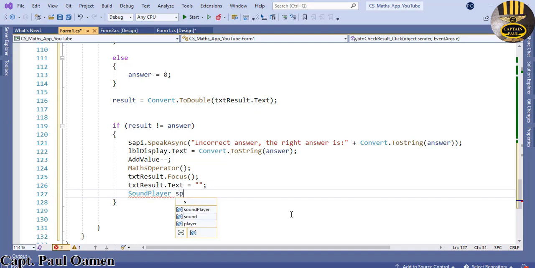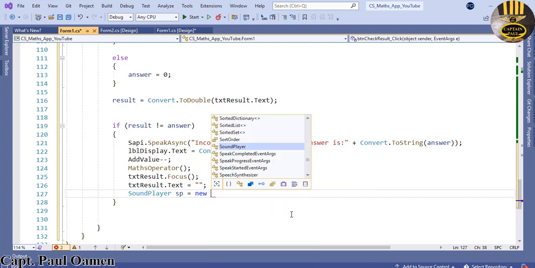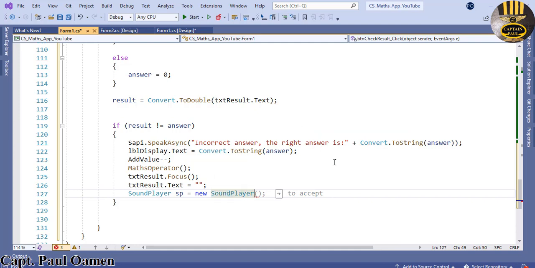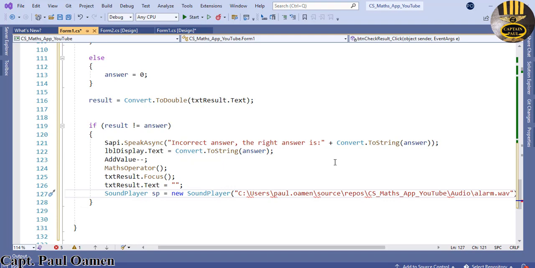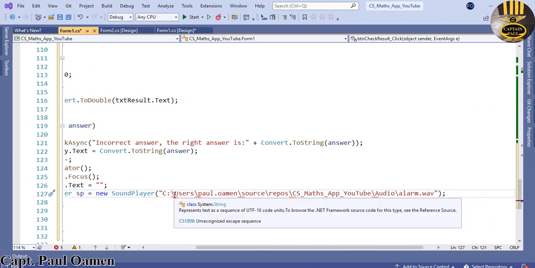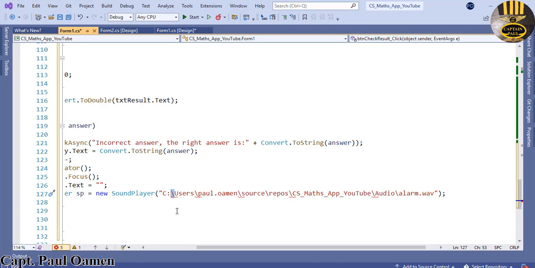Let's say SP equals new SoundPlayer. And this new SoundPlayer has as follows. I'm going to enter the value that I've just copied now, the address of the audio, and paste that in there. That is the address of the audio, but as you can see, I have an error because